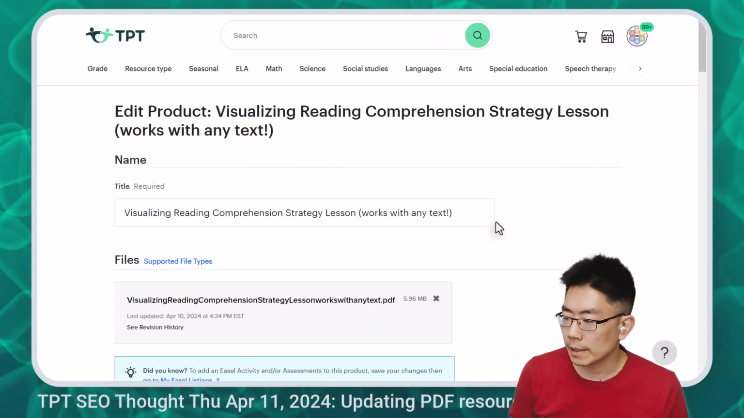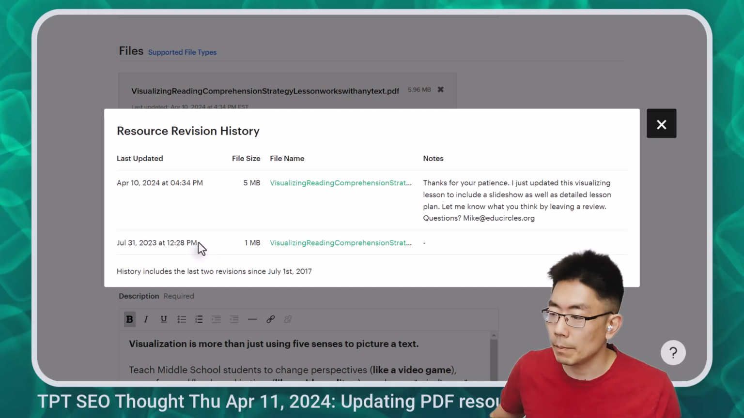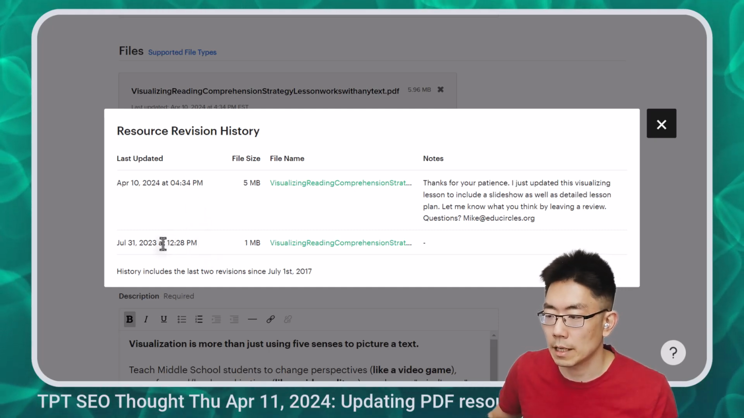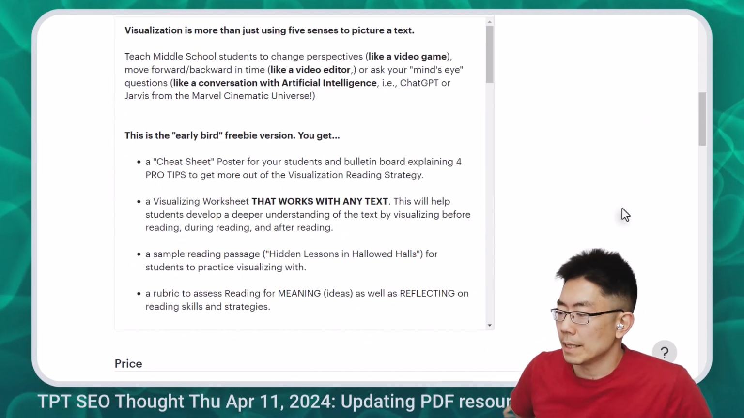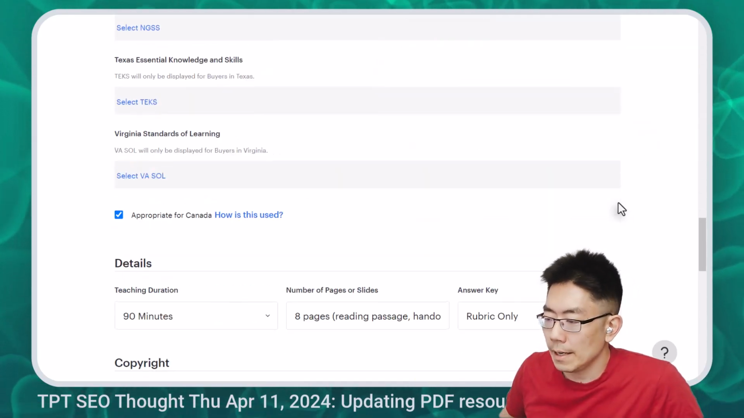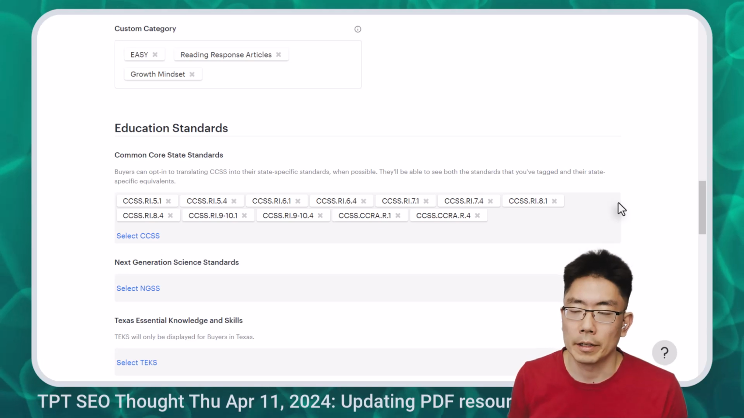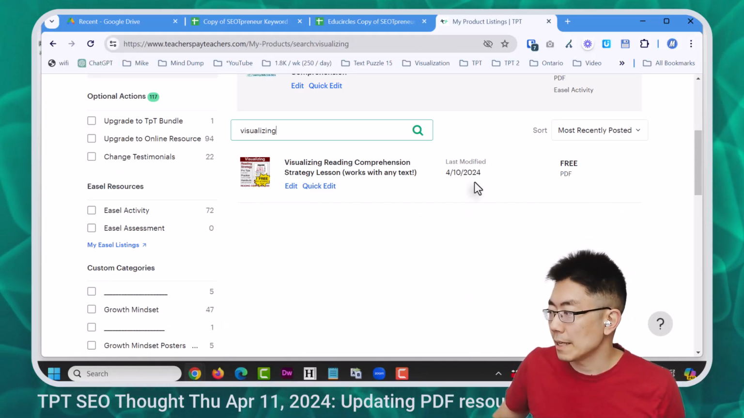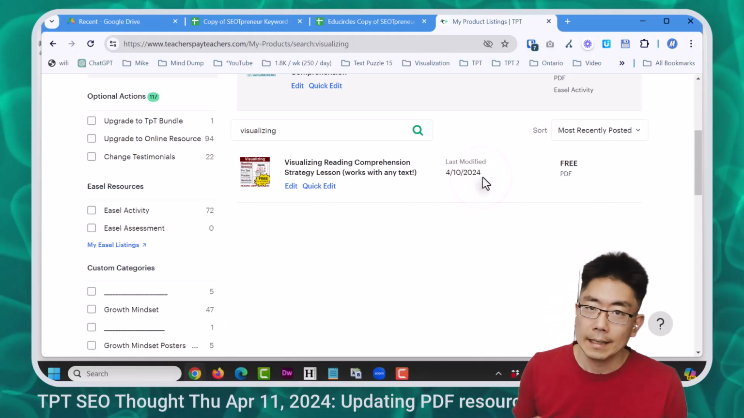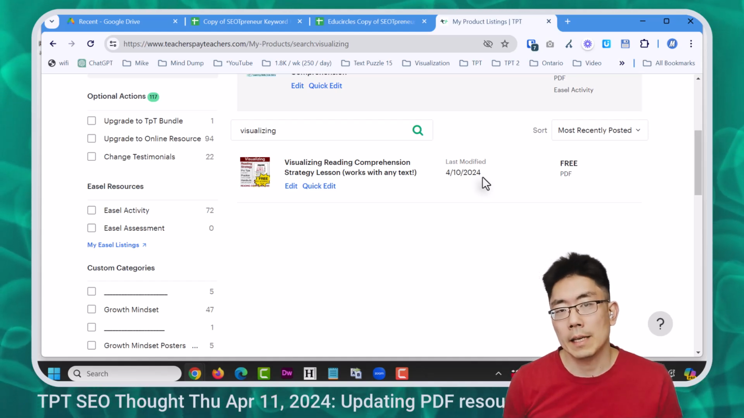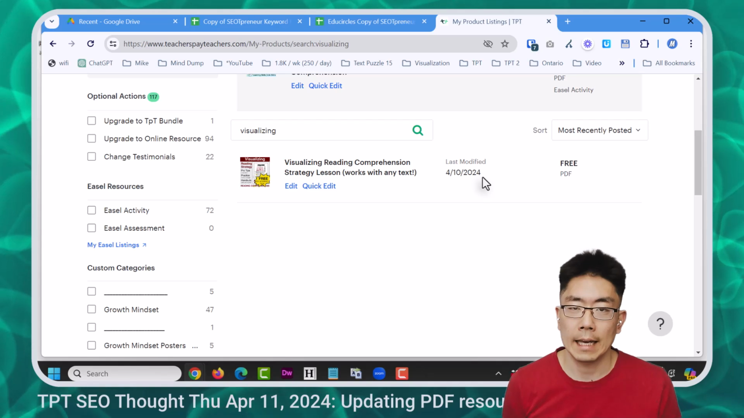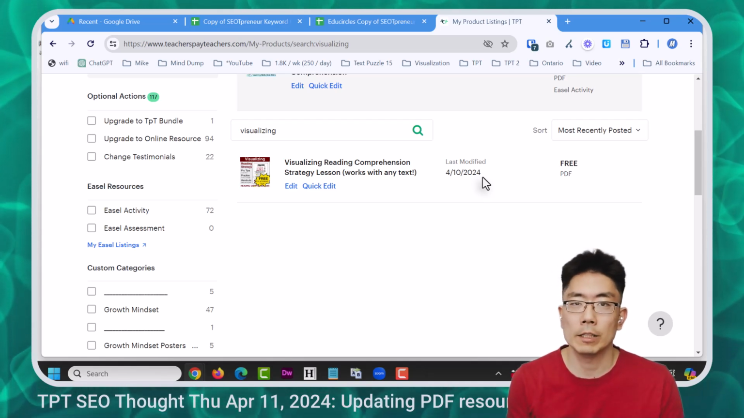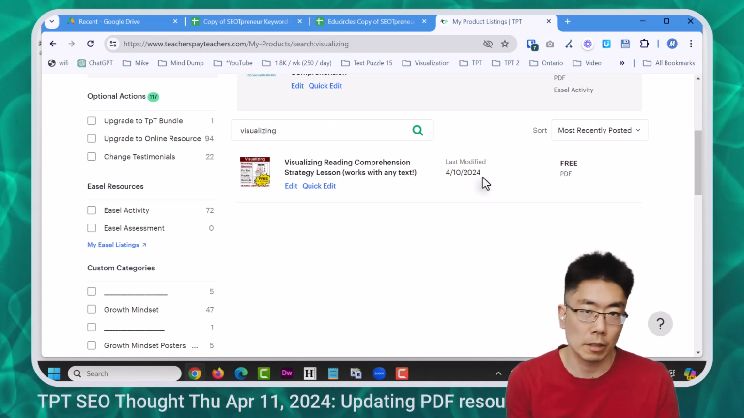Let's recap. What did I learn? What I learned was even though I hadn't uploaded PDF since July 2023, it didn't make a difference because I think the last modified date was only a couple of months earlier. So my current working theory is that this last modified date is what the TPT SEO formula is using to figure out if there should be a decay penalty. So if you don't update your resource within a year, then you start to lose